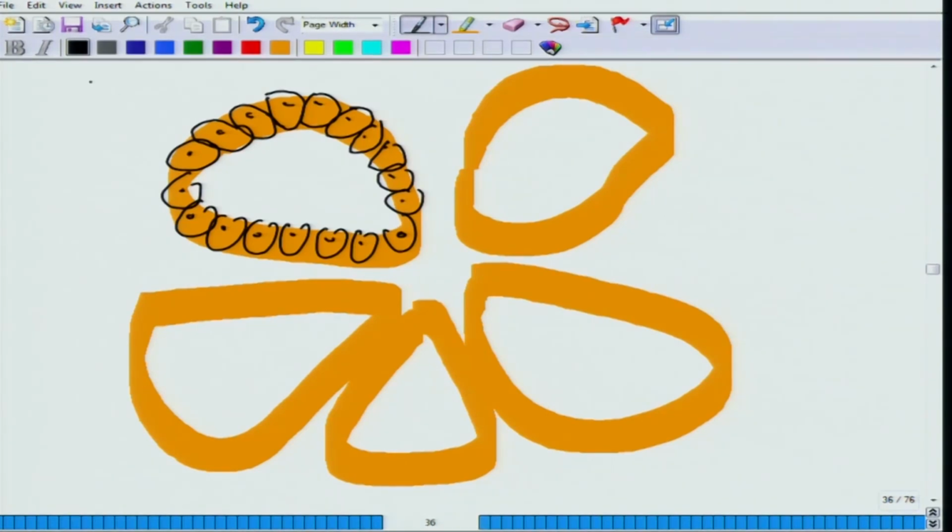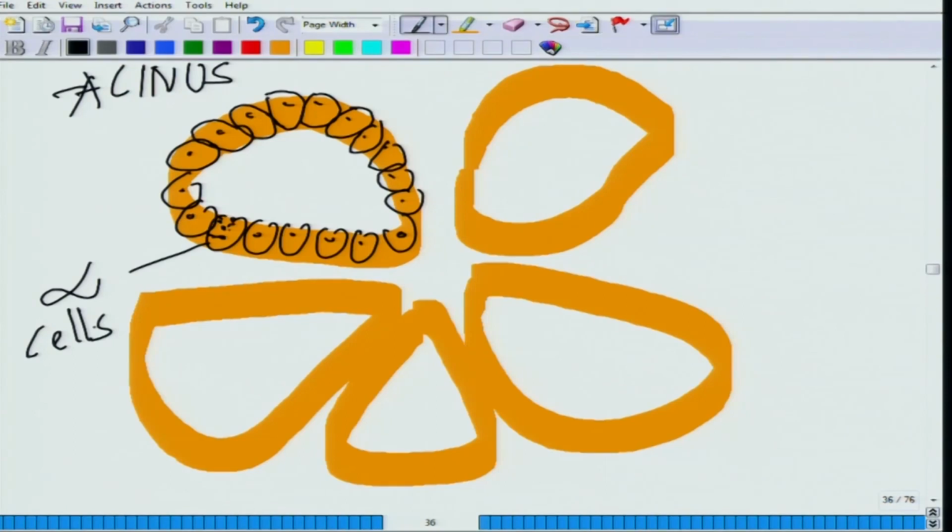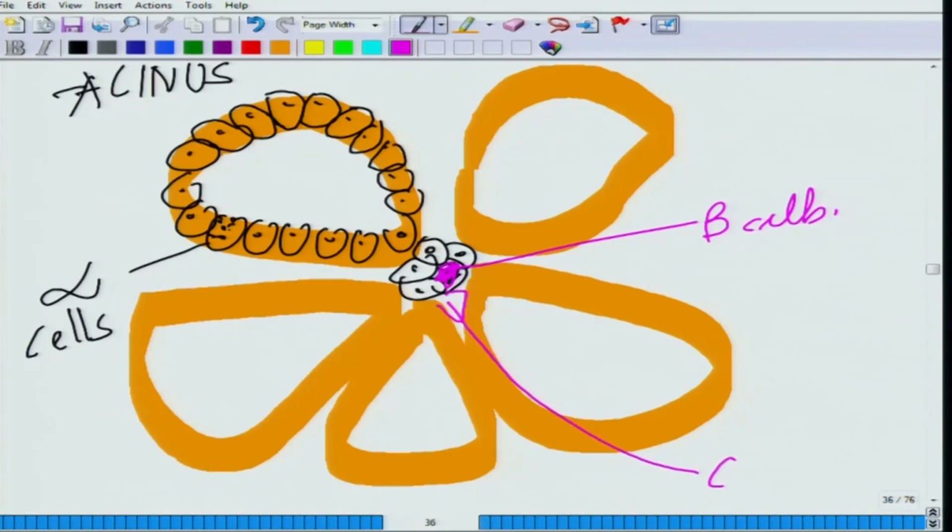Okay, so these are the acinus, and you have some of these cells which are the alpha cells, and there are a few other cells in close proximity where the structure is more like a compact structure like this. So, these are the beta cells, and this is the cross section I am showing there. You have the capillaries which are supplying the blood out there, and this whole structure is called the